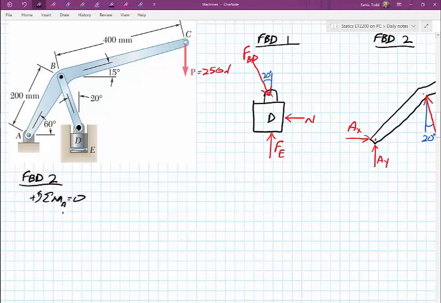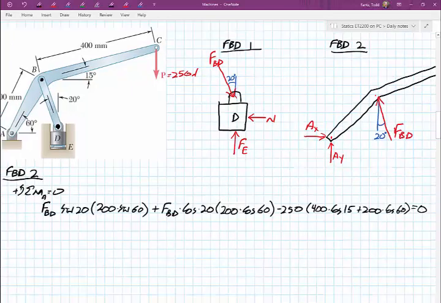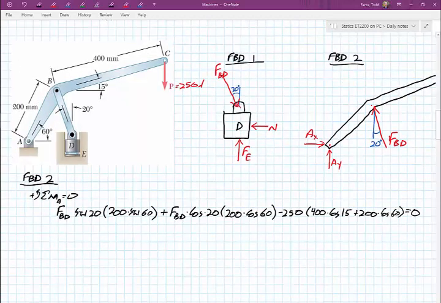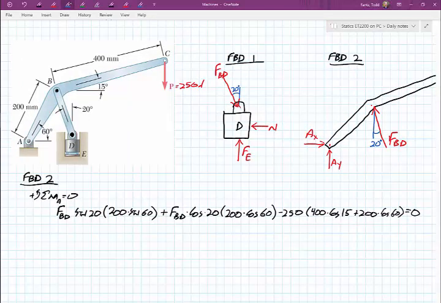I'm just going to quickly sketch it out. Alright, so in essence what I'm doing is I'm putting everything in my X and Y directions and looking at their respective lever arms. So I have FBD sine of 20. Of course, that would be my horizontal member pushing this way, and I should do it in red so we can see it. And then I would have a lever arm of 200 sine 60,